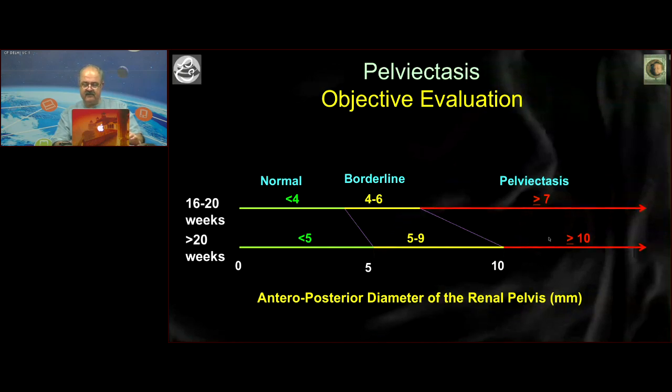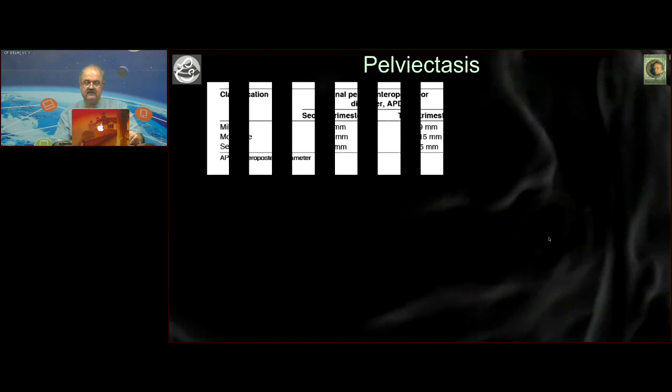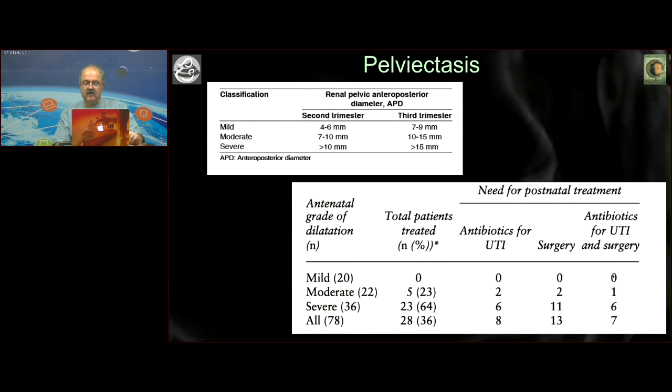And this was based on the fact that if you use the 10 millimeter cutoff, which we've used for many years, we do realize that most of them would require no treatment, no antibiotics for UTI and no surgery at all if they were less than 10 millimeters. But this was older data. We do realize now that things are a little different, and that there are some that will progress significantly, and that odd group can be prevented from a destroyed kidney by following them up in the postnatal period for making sure. And therefore we moved on to a completely new